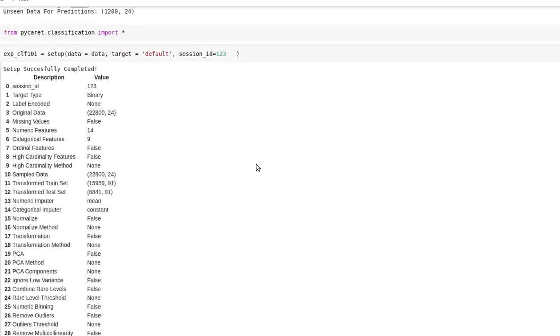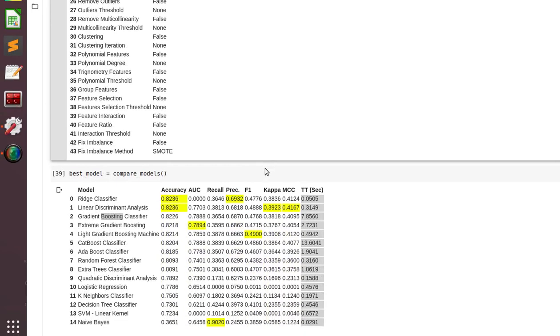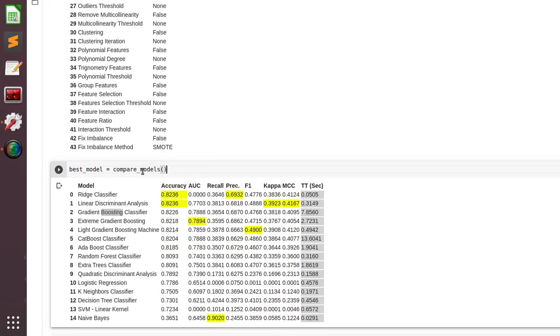Once we do this, what is next? The next function we have here is compare models.